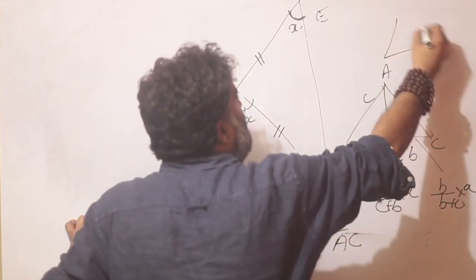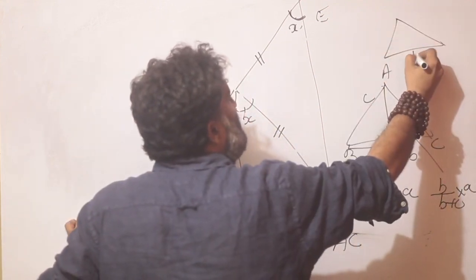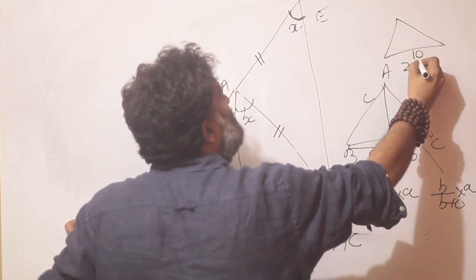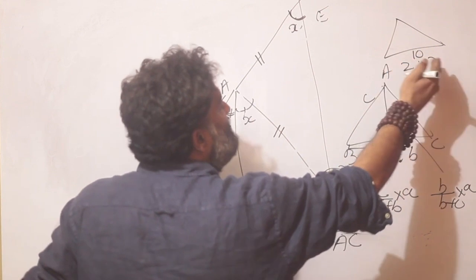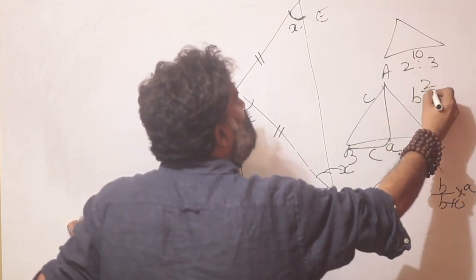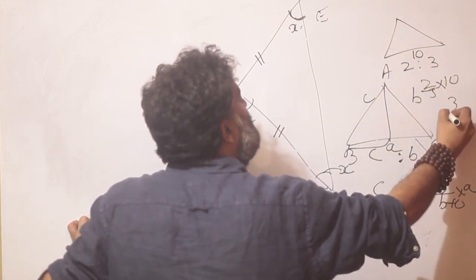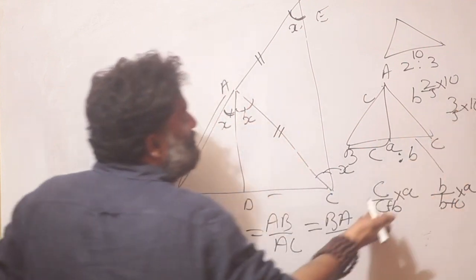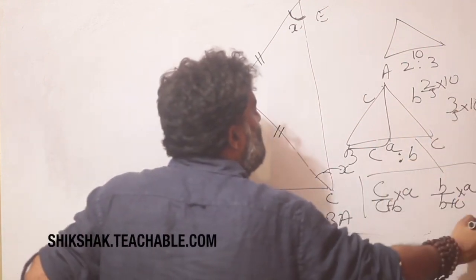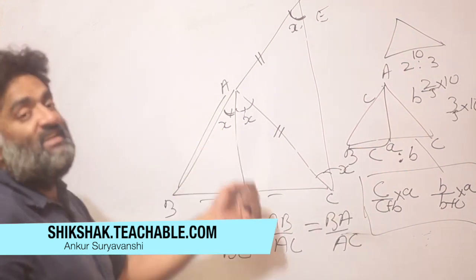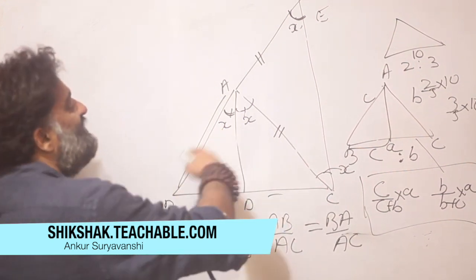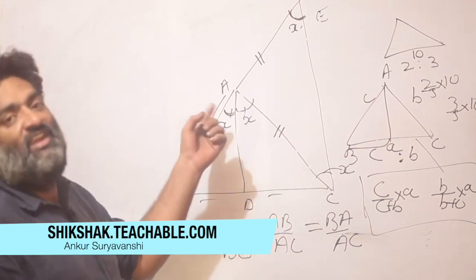Maybe taking a number will make more sense. Say this side is 10 and I tell you the ratio is 2 is to 3. Again you will say very quickly this is going to be 4 and 6, but how did you get to that 4? 2 by 5 of 10 and 3 by 5 of 10. So the same thing I am writing down a little more formally, that's all. So now we know an angle bisector divides the other side in the ratio of the sides which made or created the angle.